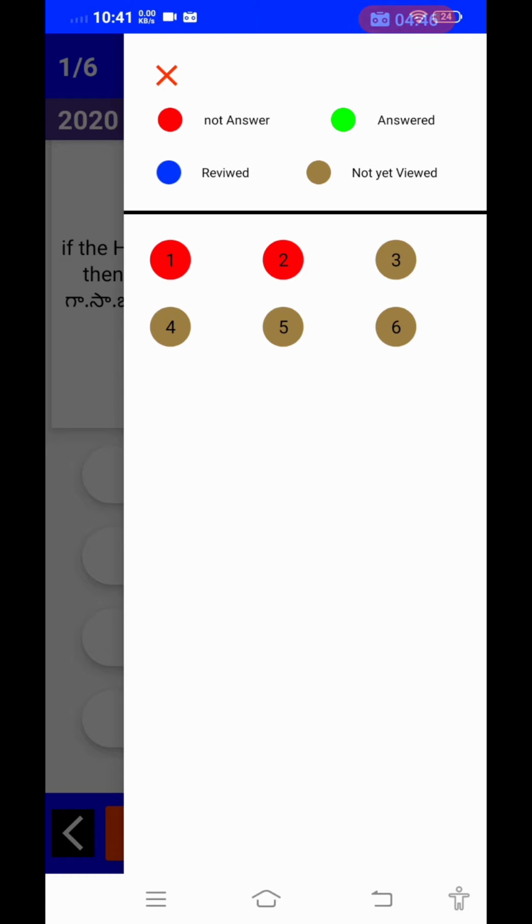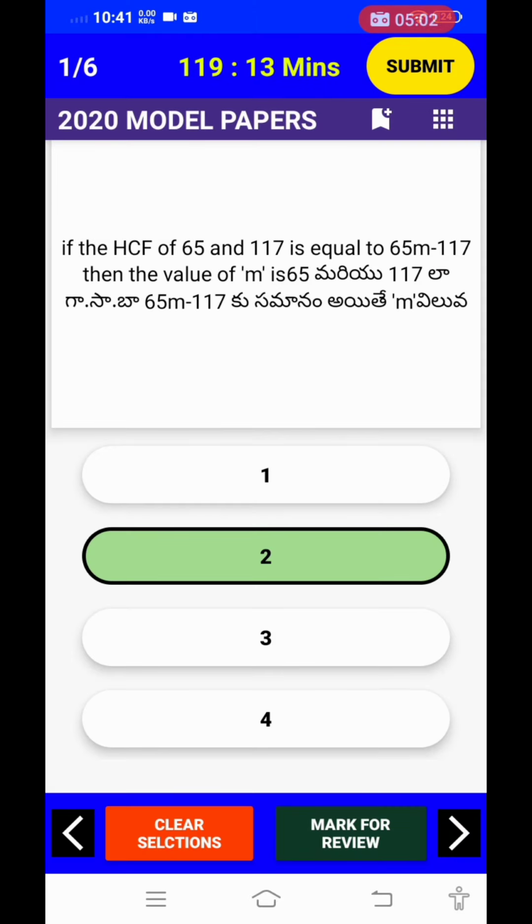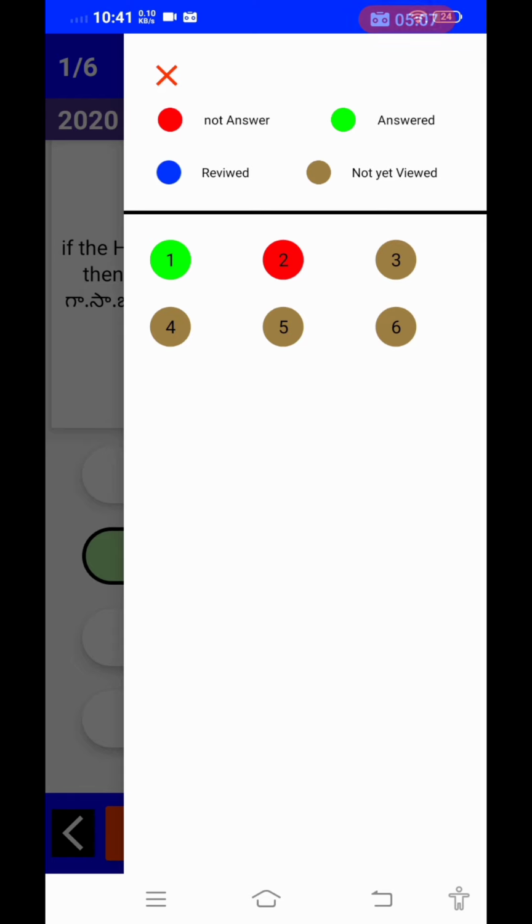If you have not yet visited, the color is gray. If you visited the question, the color is red, and not answered is also red. If you answered any question, it will be green.